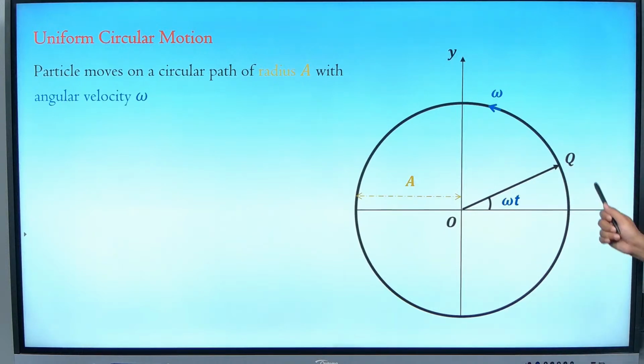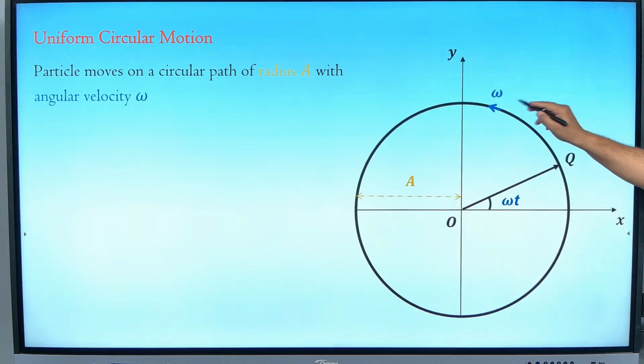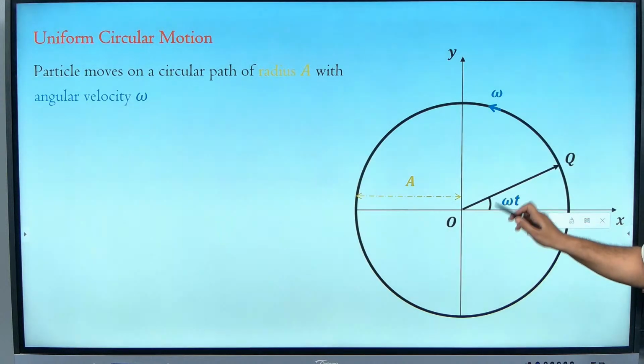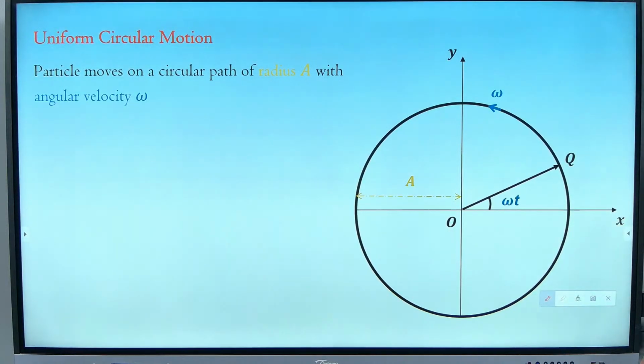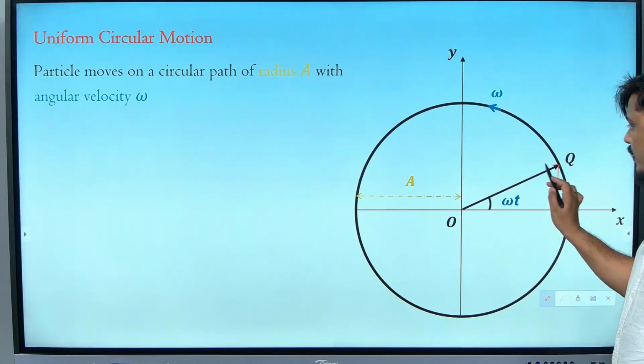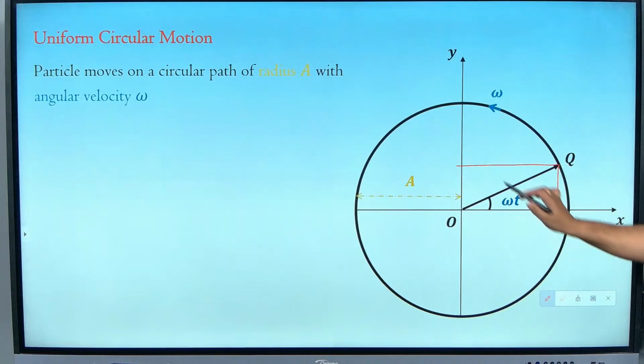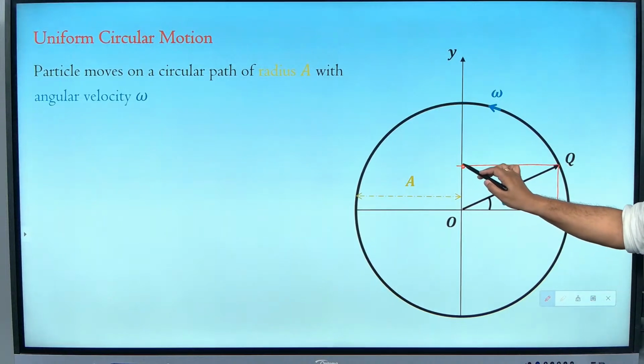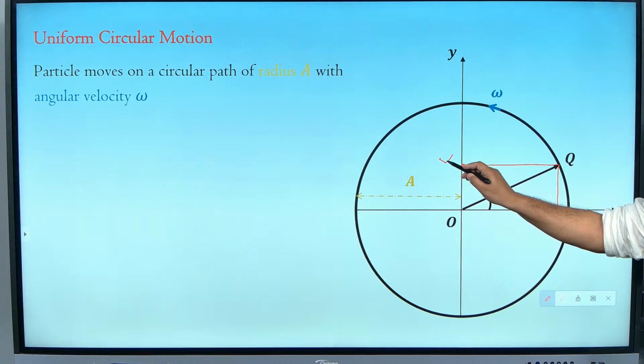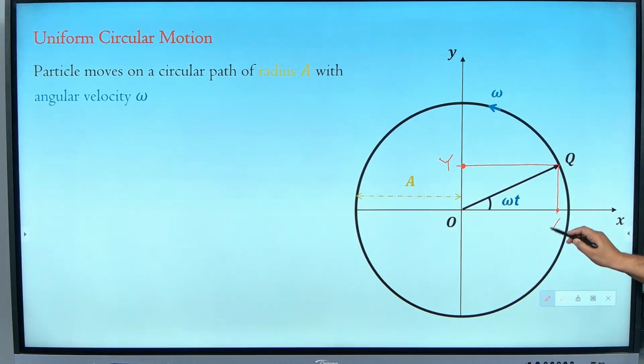So this particle is moving in circular motion, having an angular velocity of omega. If that happens, then the angle I have already written here will become omega t, isn't it? If I take any particle, and draw a perpendicular line down and a perpendicular line on the y axis, this point, let this point be anything, you can write a capital Y or a capital X. The point X and point Y are undergoing oscillatory motion.